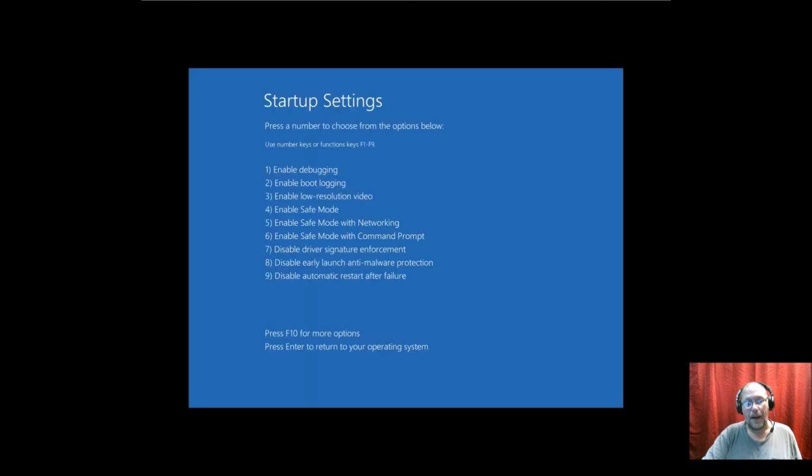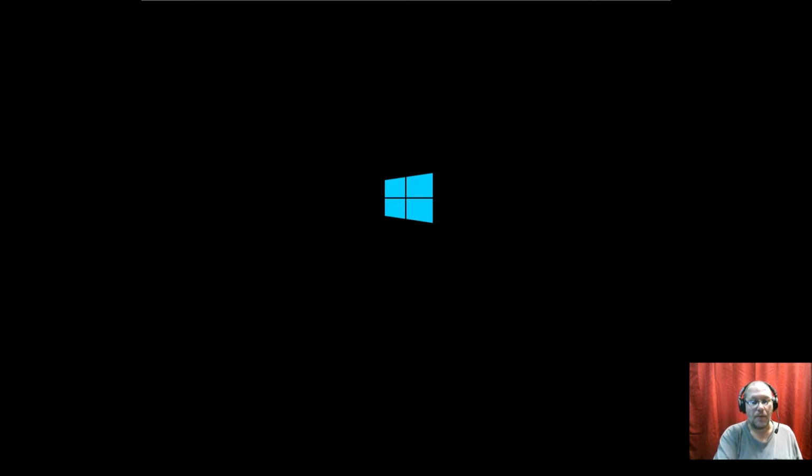And there's your startup option. So enabling debug mode, enabling boot logger, low resolution. But number 4 is what you're really looking for here. So we're going to go into option number 4, which is boot up my computer with minimum device drivers, no